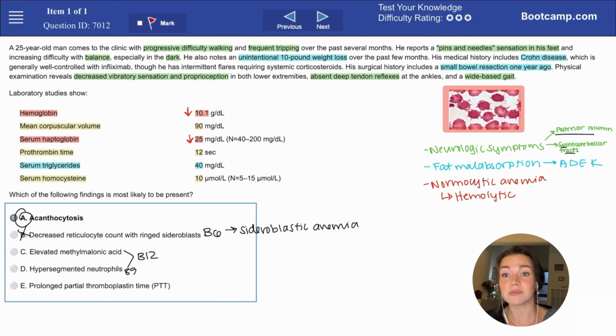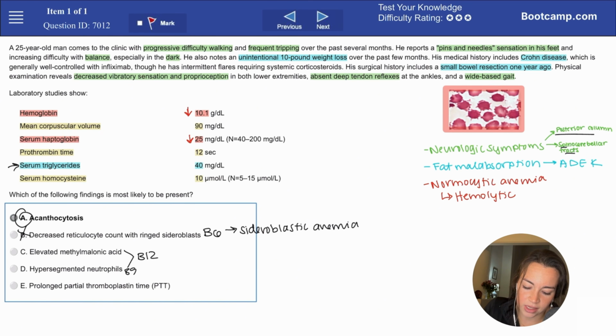And it also causes anemia, though it causes a different kind of anemia, which I'll talk about in a second. And a B12 deficiency can also be seen in patients with Crohn's disease, status post a small bowel resection, as vitamin B12 is absorbed exclusively in the ileum, where it binds to intrinsic factor for reuptake. So the key lab findings that we're looking at to differentiate vitamin E from a vitamin B12 deficiency is 1,